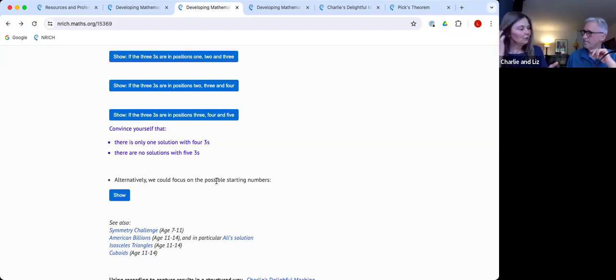So Charlie, you articulated very clearly that what you did was you started with 2 3s and you broke it down so that you had your 3s in position 2 and 3, and then in 3 and 4, and then you looked at the possibilities with more than 2 3s, and you worked in a systematic way in that sense. But an alternative way to work systematically on this task would be to think about